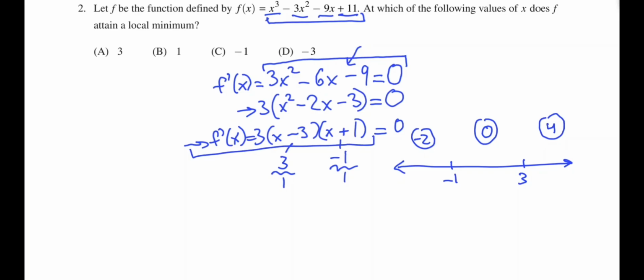It's going to be easier to tell what the symbol is for the derivative. Now, why we're plugging everything into the derivative is because the derivative is nothing more than slope. So if we plug in all of these test points of negative 2, 0, and 4 in place of the derivative function, it would tell us what the sign is for the derivative. And the derivative is nothing more than the slope of the original graph. So we would be able to tell if the graph is decreasing or increasing on all these